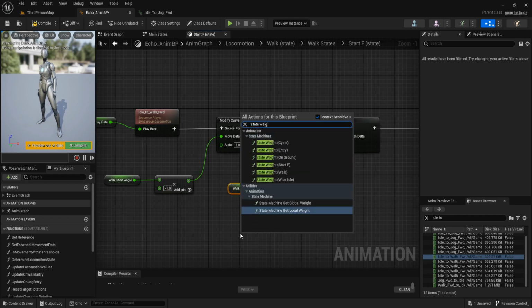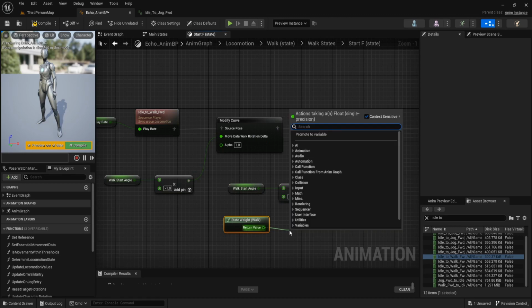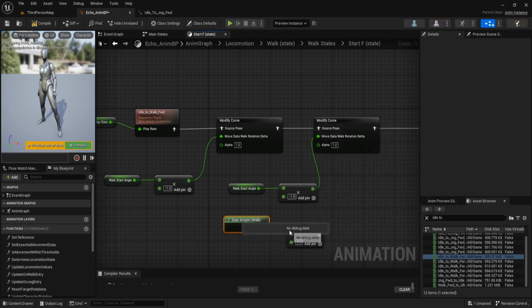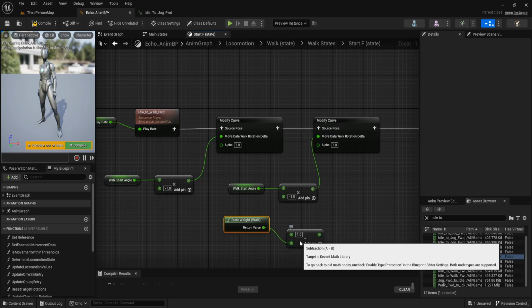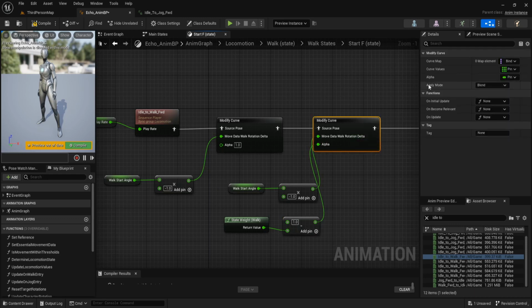Call state weight of walk. And subtract. Use 1, subtract it with the state weight. Connect it to alpha. This modify curve, we set the apply mode to blend. And this one is scale.